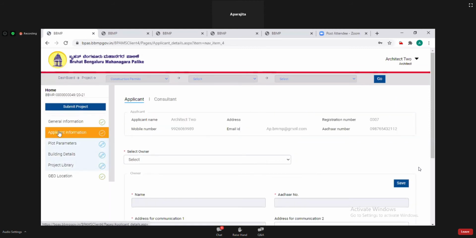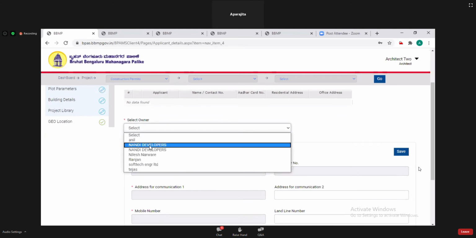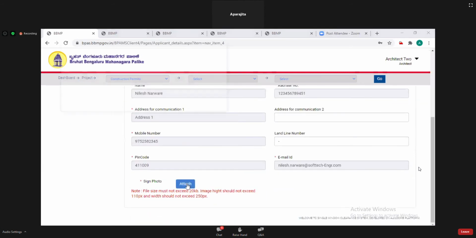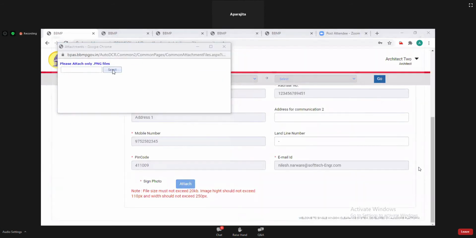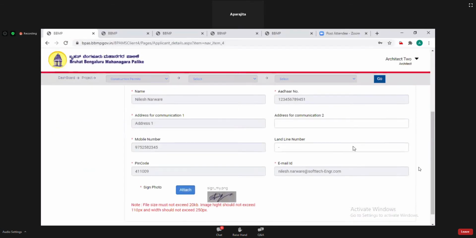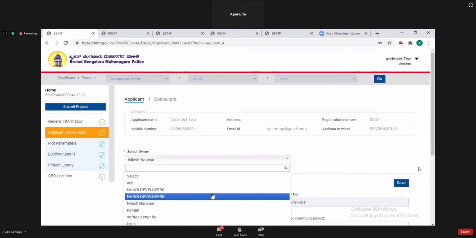Then go to applicant information. Here, the architect or professional can select the registered owner. If there are multiple owners for any project, then you can select multiple owners also.